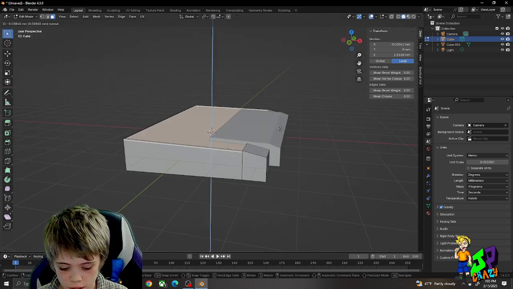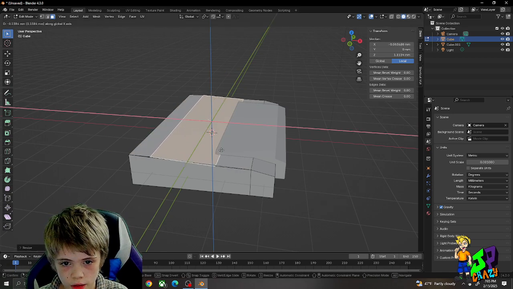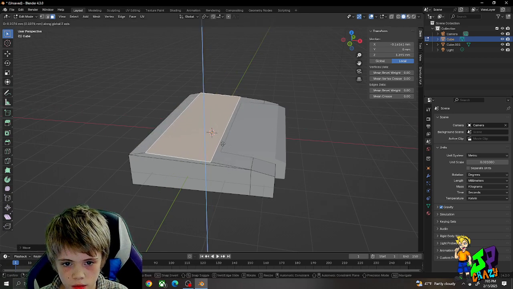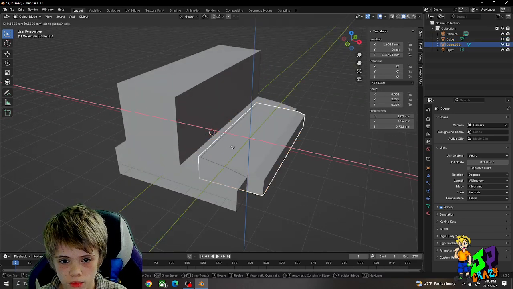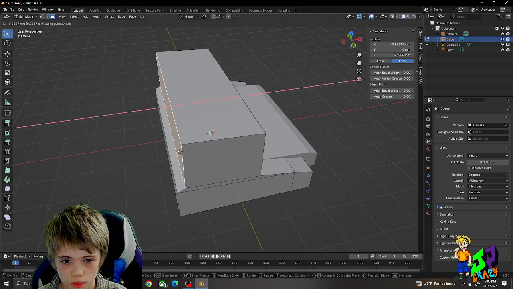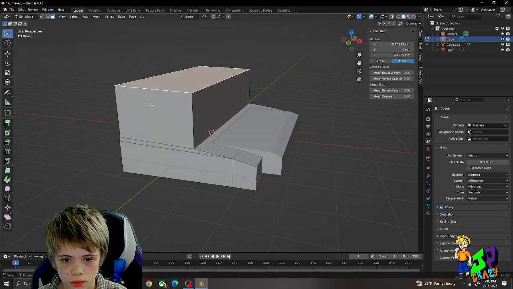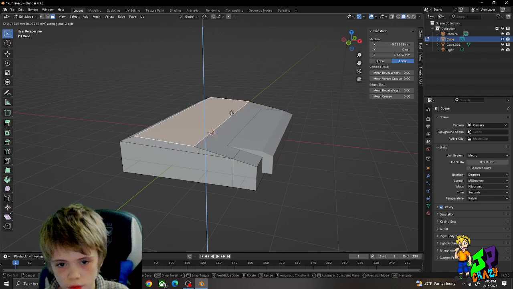Press E. Scale it like this. Boom. You know what? I'm going to make it where it doesn't really have a top. I'm just going to make it sort of like